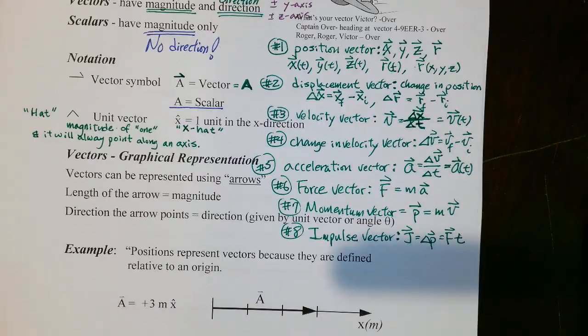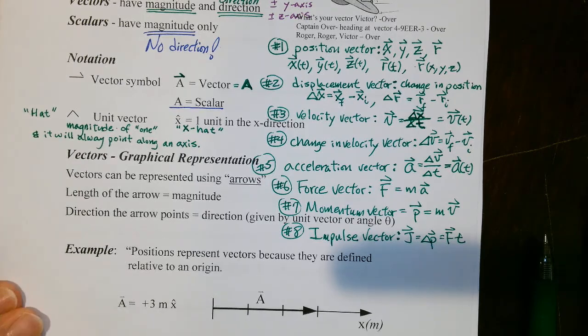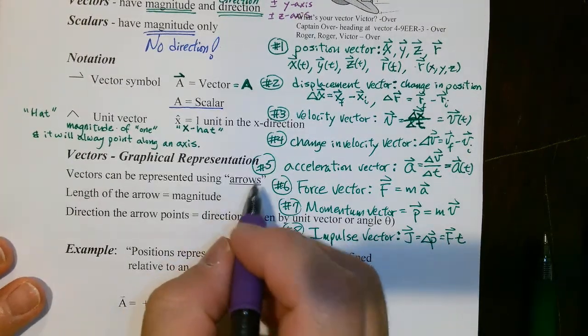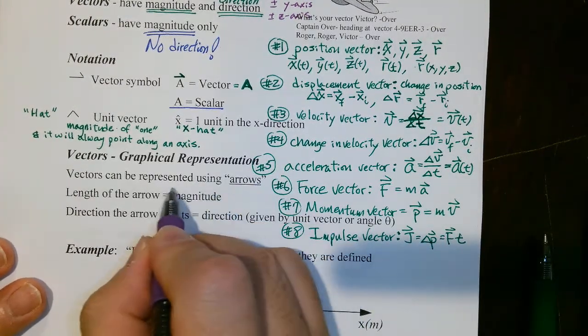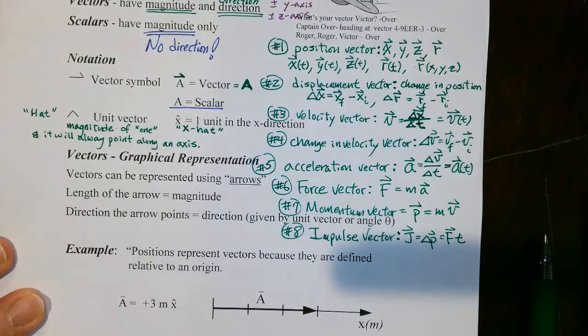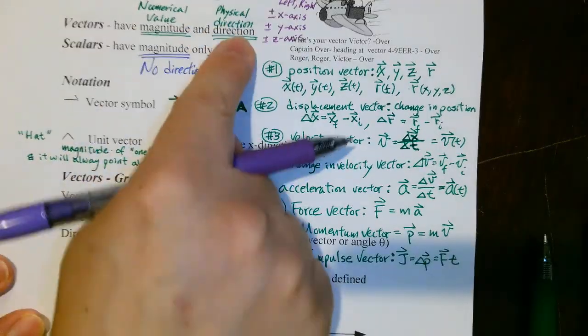Okay? All right. So vectors now can be represented graphically using arrows. Okay? So if you were to represent a vector using arrows, since it has magnitude and direction,